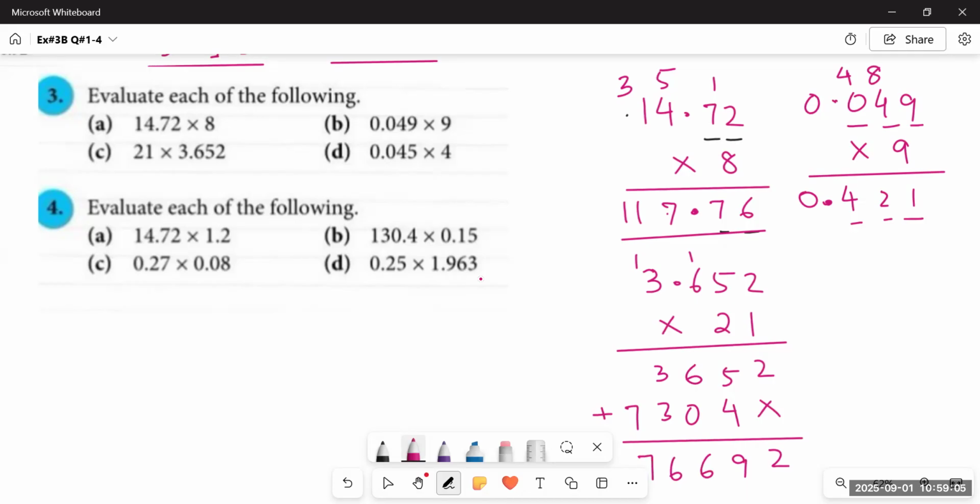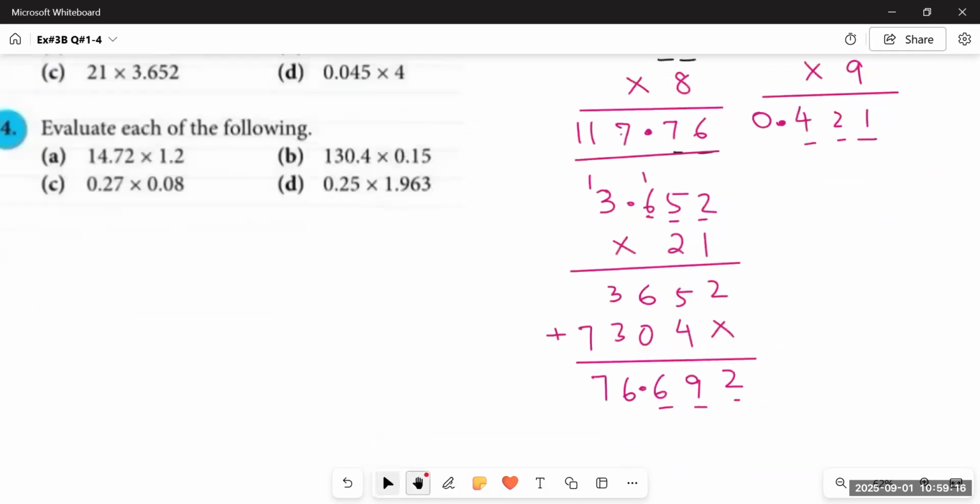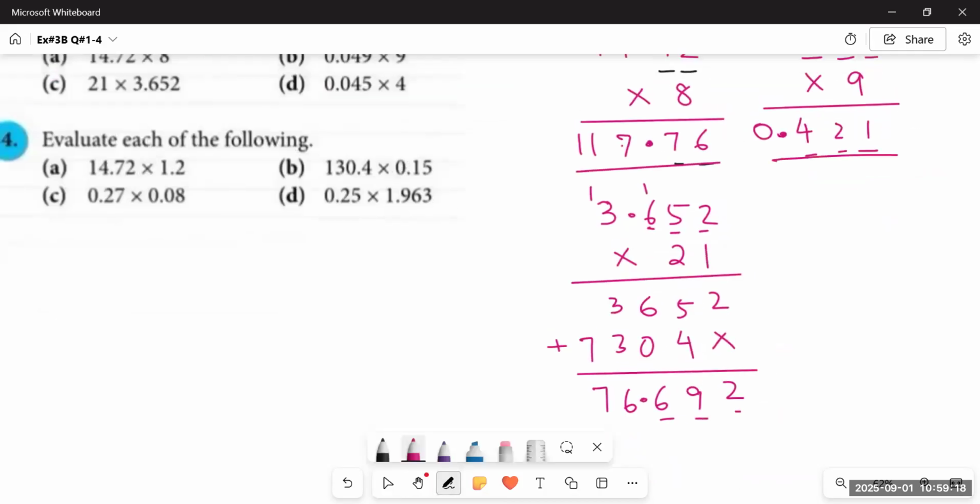Now, where to put the decimal? So look for the decimal places we have, which is 3. So we are going to put decimal over here between 76 and 692. So it becomes 76.692. The next number we have is